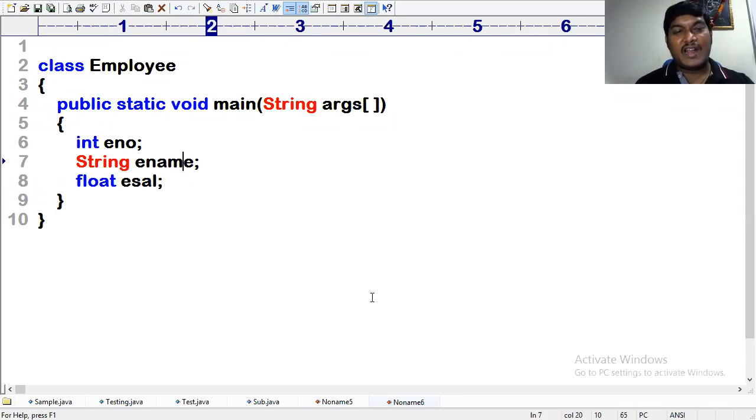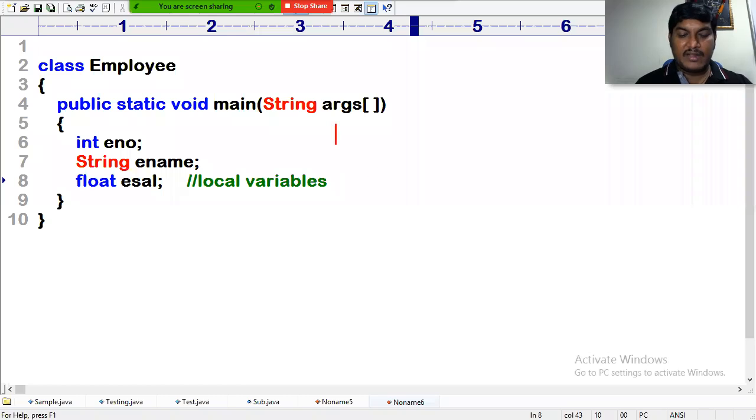And all these are what, dear friends? Local variables. Local variables are the variables which are declared in a method, and they can be used in that method only. Don't get confused, it is very simple.